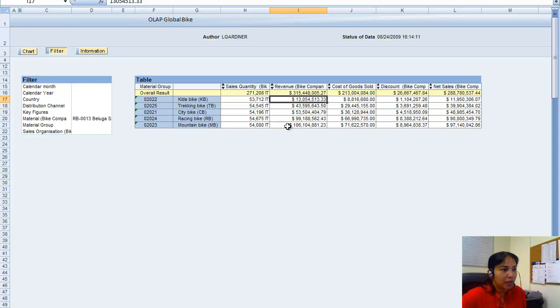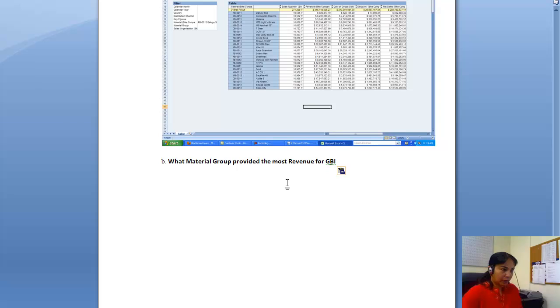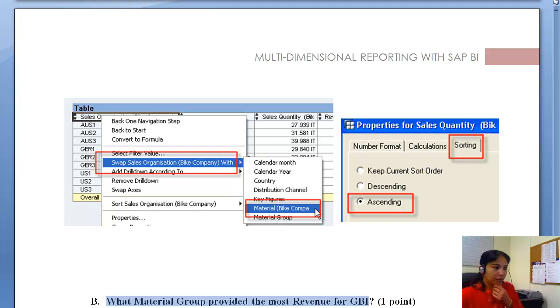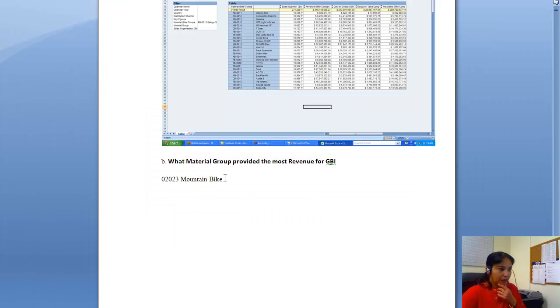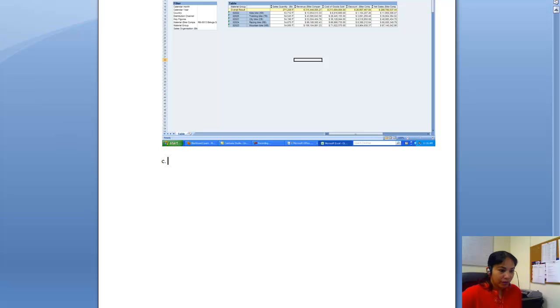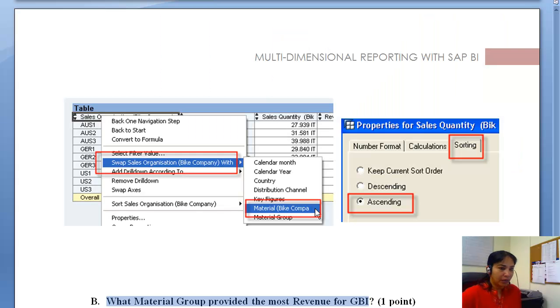It is mountain bike 02023. So it is 02023 mountain bike. Take a print screen and paste it over here, and then your last question, 1.8C, says: